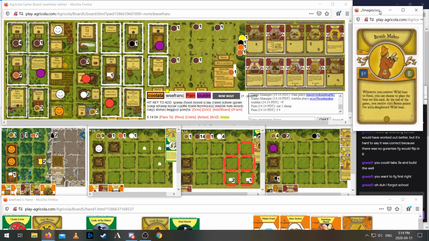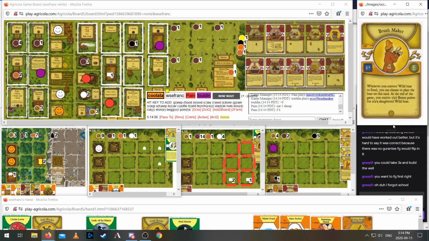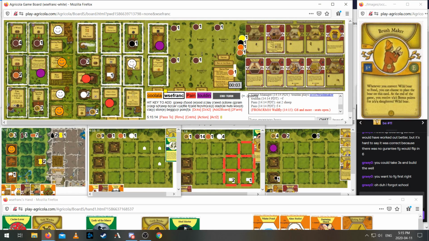Brushmaker here for touldin. Why not? I could have converted a clay instead of the stone. Thing is, I don't really have a use for the stone until I want to reno to stone. And that might be never. I might just ignore stone for the rest of the game, so...